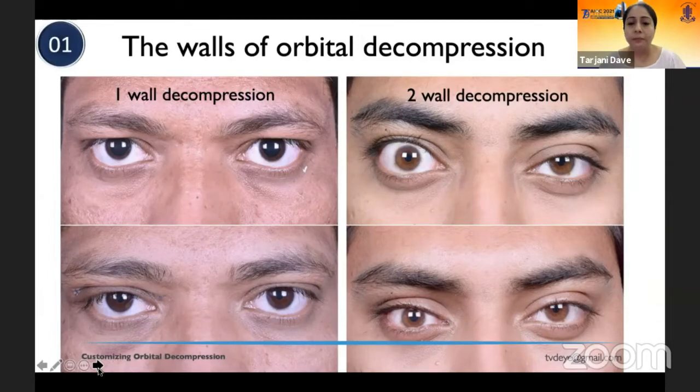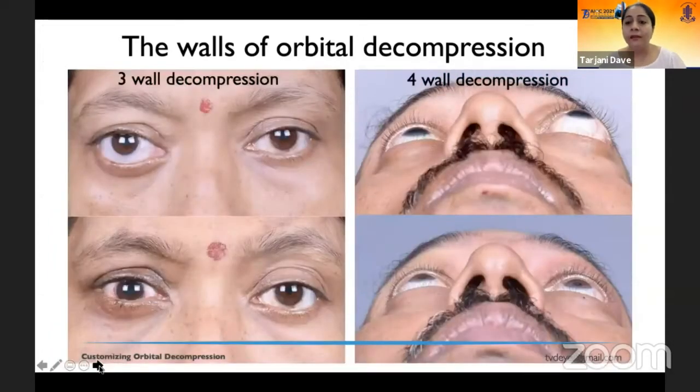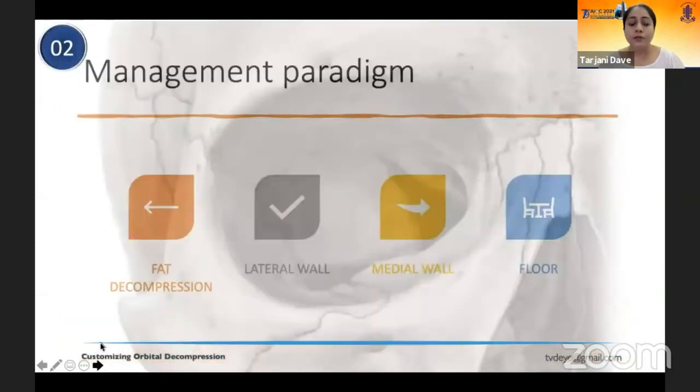And you can see examples of 1 and 2 wall decompression pre and post-op as you're seeing here. And 3 and 4 wall decompressions, obviously with more grades of proptosis requiring more amount of decompression in the orbit. So essentially your management paradigm would be when you have minimal proptosis and it is a fat-centric disease, or even in certain cases of muscle-centric disease where you have minimal proptosis and dysthyroid optic neuropathy is not a concern, go